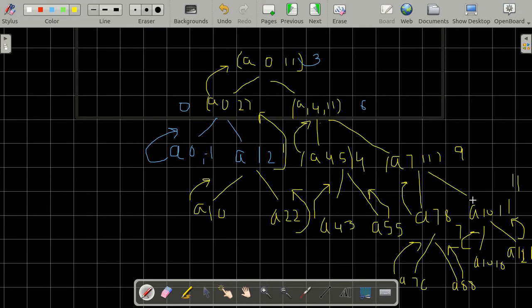Now if this is sorted, this will return. Now the elements from 7 to 11 are sorted, so it is going to return. Now the elements of 4 to 11 are sorted, so this will also return, and hence our array that is from indexes 0 to 11 is sorted, and we finally get a sorted array.